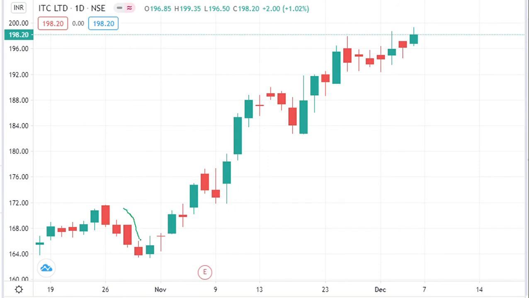See here, a few bullish candles with lower lows and lower highs followed by one bearish candle which has a lower low when compared with the previous candle and a higher high when compared with the previous candle. And this is where the breakout happens, and see the price of the stock.